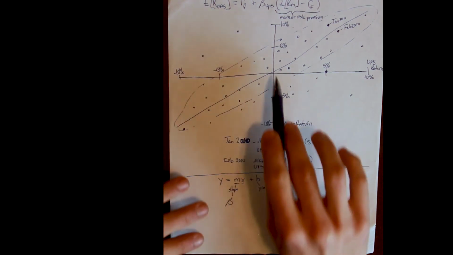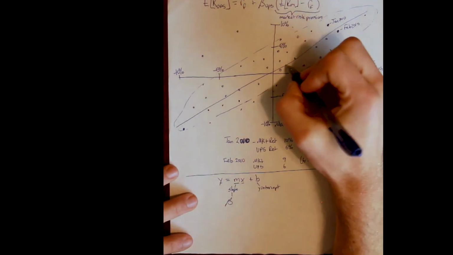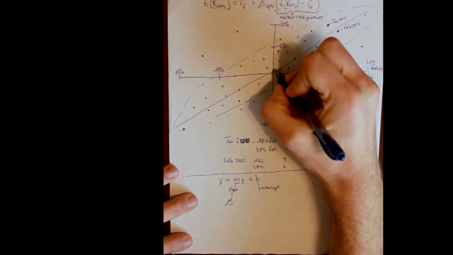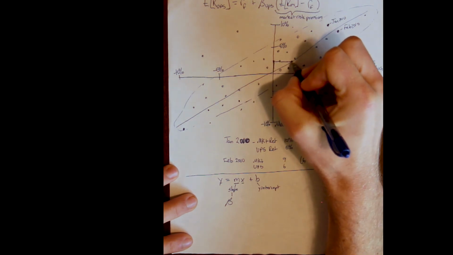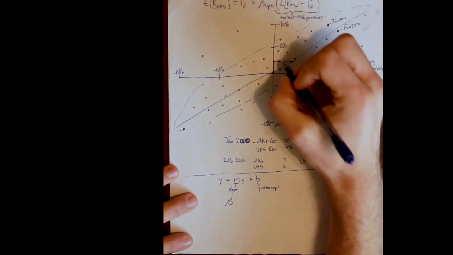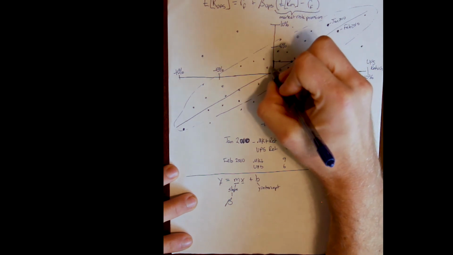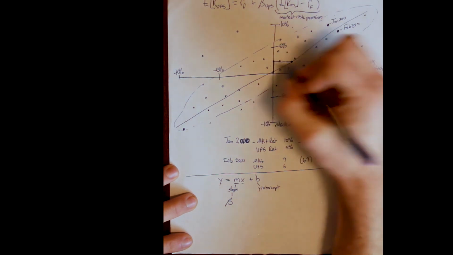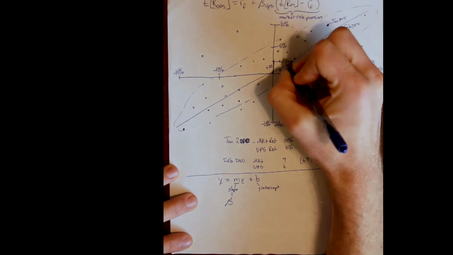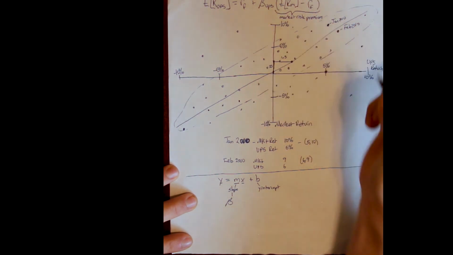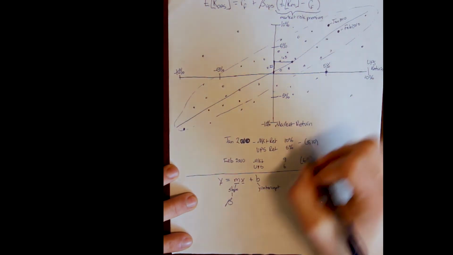And remember what slope is. Remember that slope is the rise over the run. So if the rise here is, let's call that 2.5%, and the run, my math could be better, let's call that 1.5%,